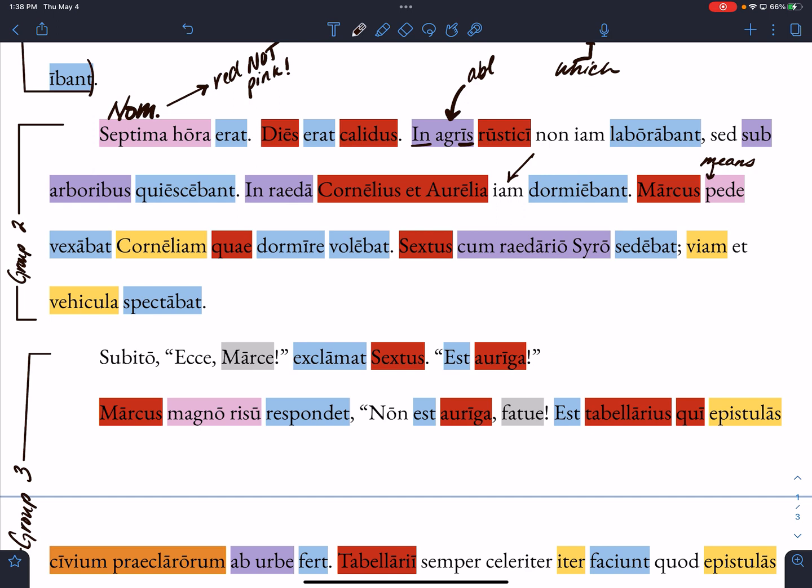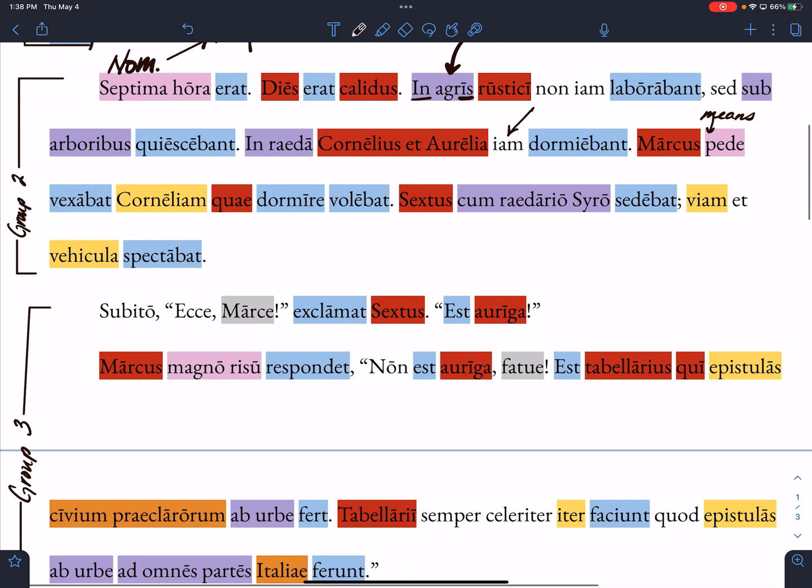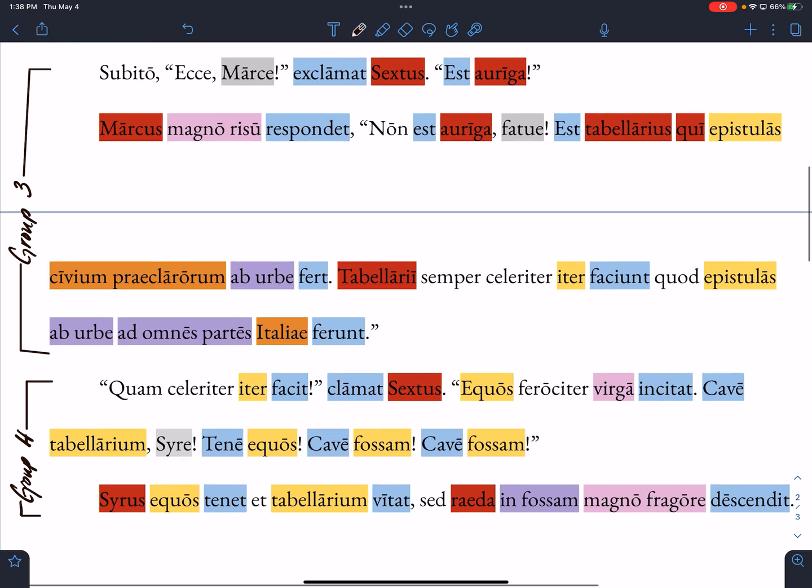Okay. Groups 1, 3, and 4. Any questions on group 2's section? Unfortunately, no. Fortunately, no. I'd rather you just focus and pay attention and work through the Latin together rather than trying to scroll down a translation and not listen. Good question. Okay. Group 2, you're off the hook.